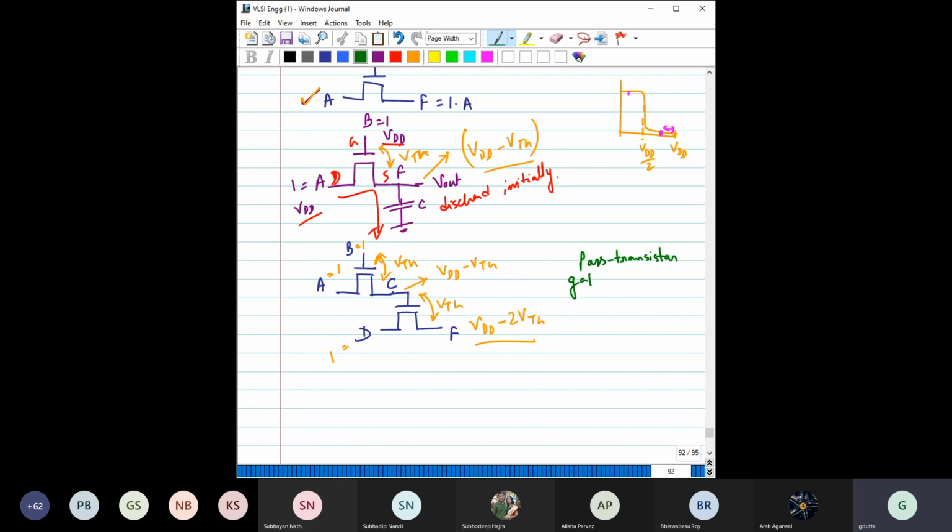Pass transistor gates cannot be cascaded by connecting the output of a pass gate, means pass transistor gate, to the gate terminal of another pass transistor,